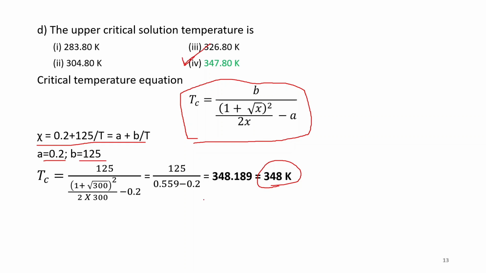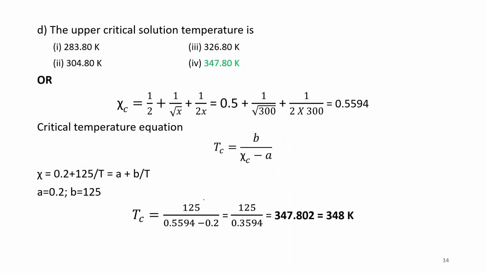We can also approach this question in another method. First, we can calculate the interaction parameter at the critical point, and then we can put it into the critical temperature equation, right? So at the critical point, chi is equal to half plus 1 upon root x plus 1 by 2x, which is 0.5 plus 1 upon root 300 plus 1 upon 2 into 300, which is